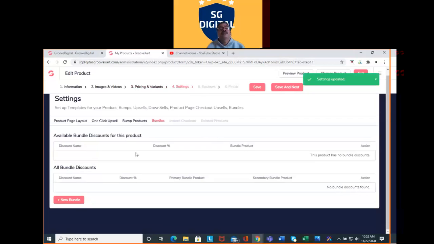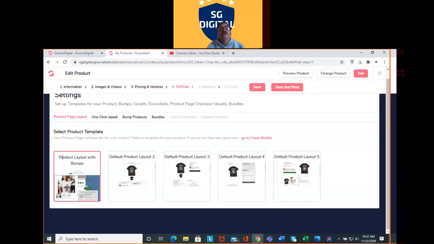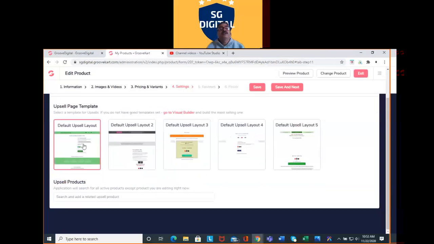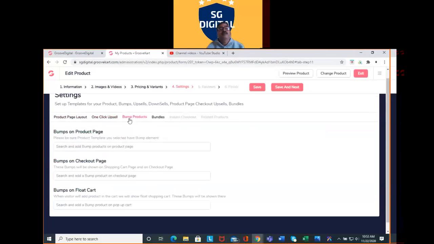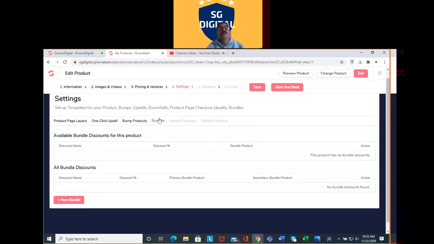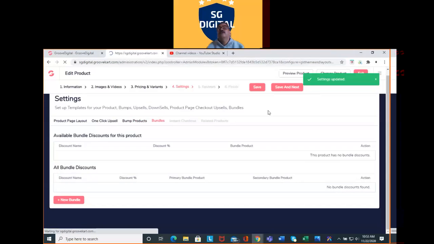Now product page layout, we have given the product layout with the bumps. Then one click upsell, we have put this on the default upsell layout. Then bump product, if you have any bump products, you can put checkout and load cart. Bundles, save and next, save and next.